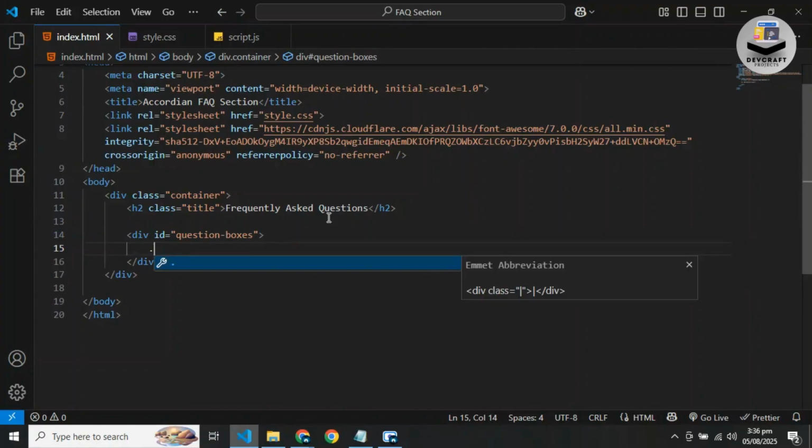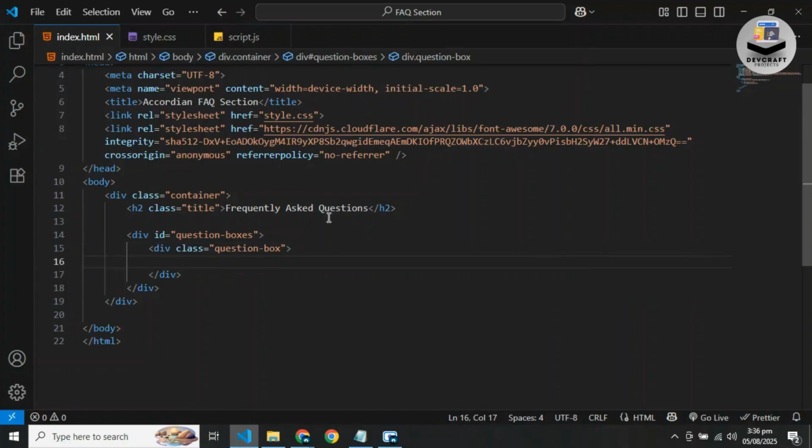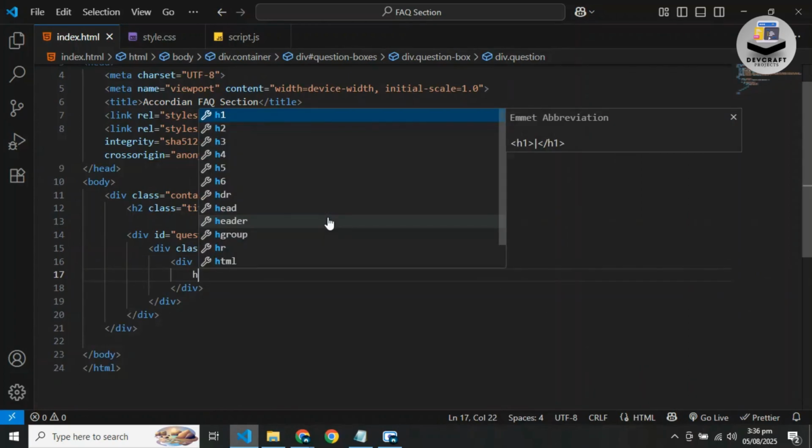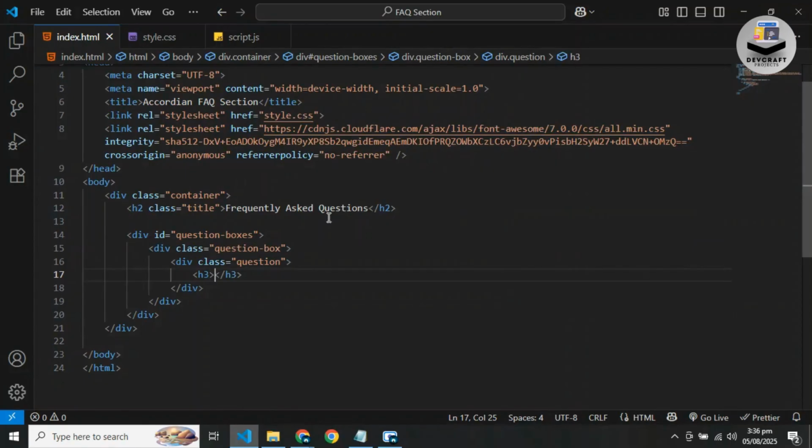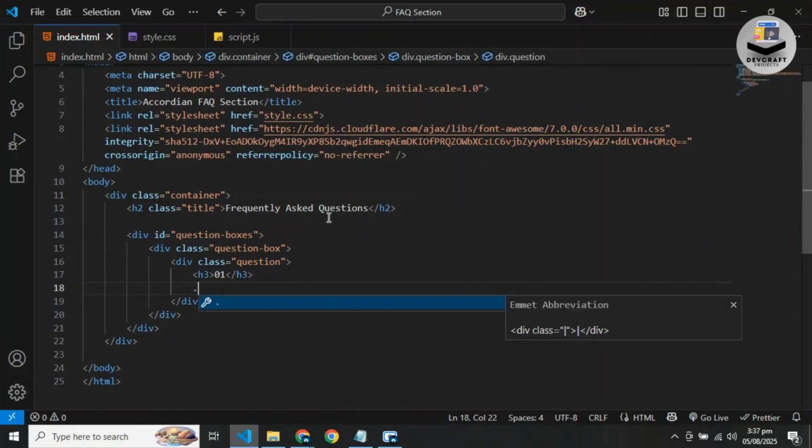Inside that, I'll create another div with the class question. This section will contain our question text and the toggle icons, the plus and minus icons. So first, I'll add an h3 tag and simply type 01 as a placeholder. I'll replace this with the real question later. Next to the h3, I'll create a new div with the class buttons. Inside this buttons div, I'll paste 2 icons from Font Awesome. The first icon is the plus icon, and the second one is the minus icon, which will show and hide